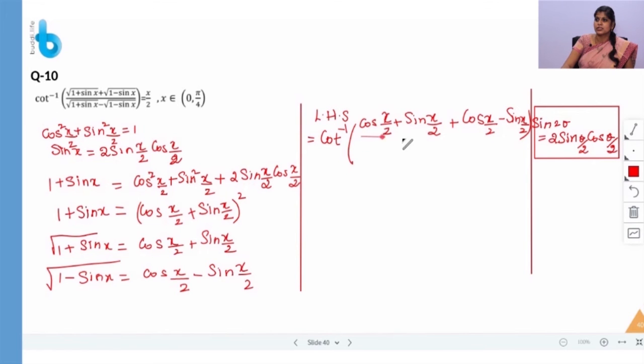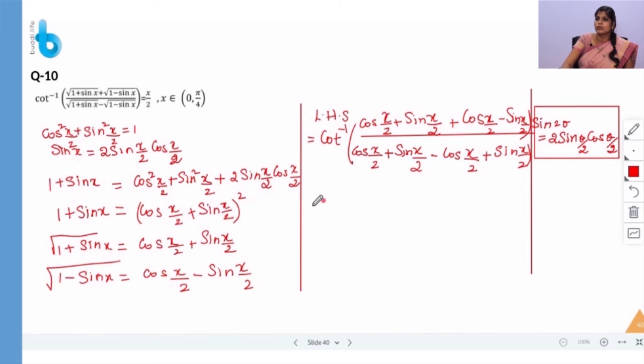The same thing, right? So look at the LHS again. The only thing changing is the minus. So the same terms will come in the denominator also, cos x by 2 plus sin x by 2. But we have a minus here, so with these two terms we have to multiply the minus. So this will become minus cos x by 2 plus, there is already a minus, so minus into minus is plus, so plus sin x by 2.